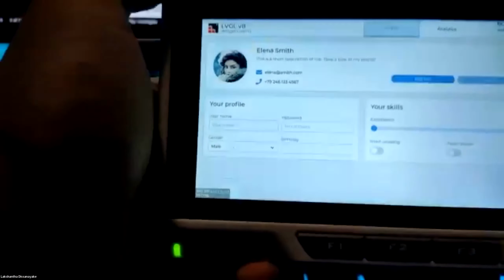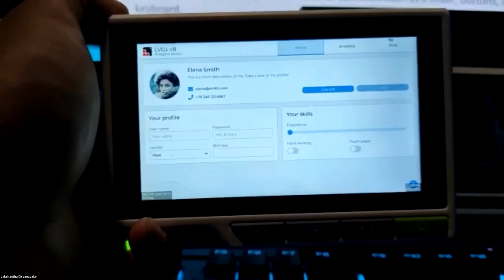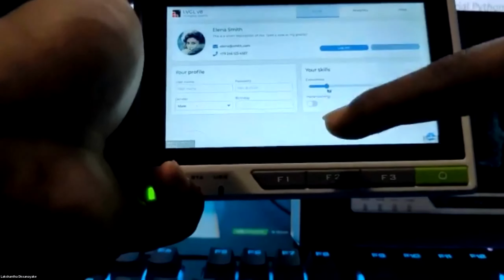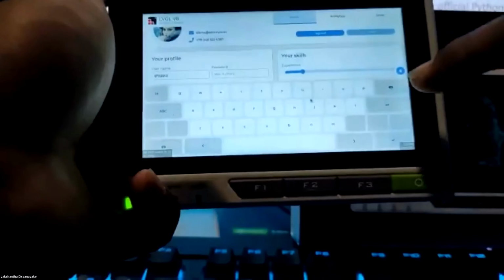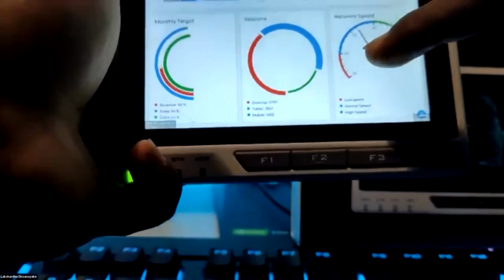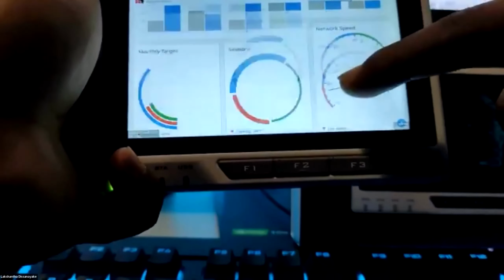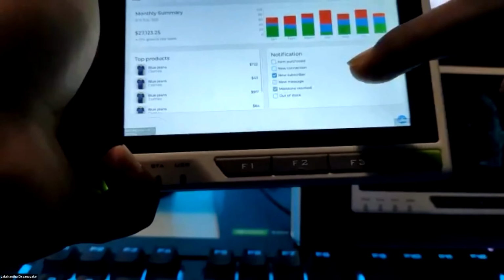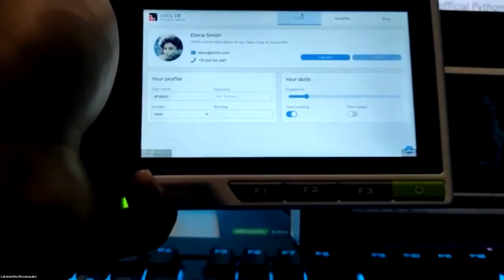So this is the reTerminal device, and currently it's just running a demo provided by LVGL themselves. As you can see, it is a very simple demo with UI elements. There's a slider and some buttons. Here you can type something, there's a keyboard. If you go to this page, you can see some interactive graphs, charts, and gauges. Finally, you can see more UI elements on this page. So that is it for the LVGL demo.